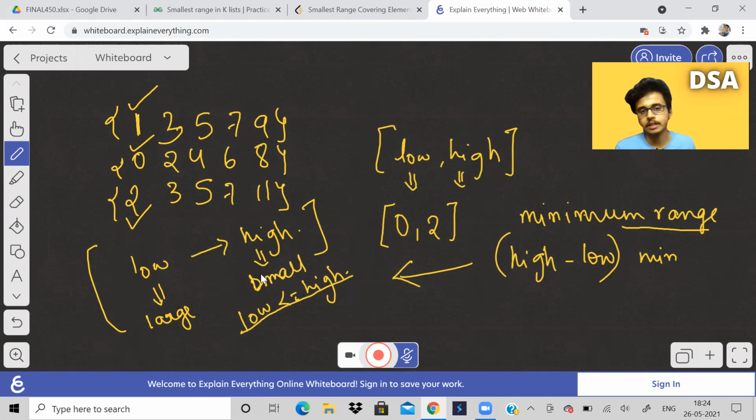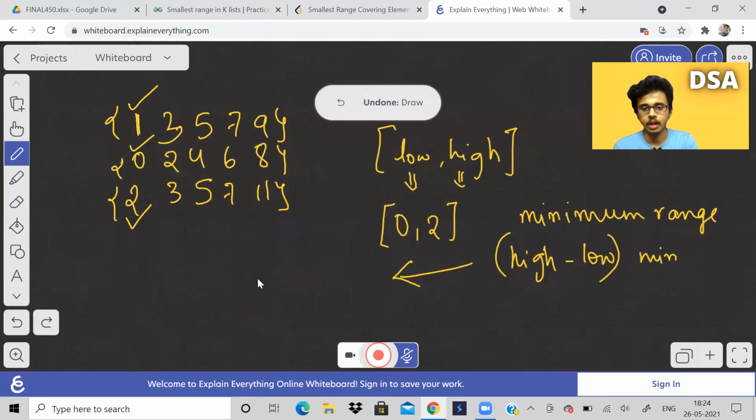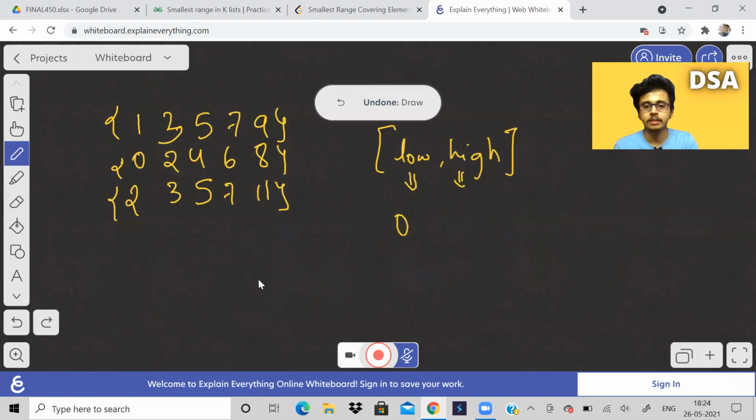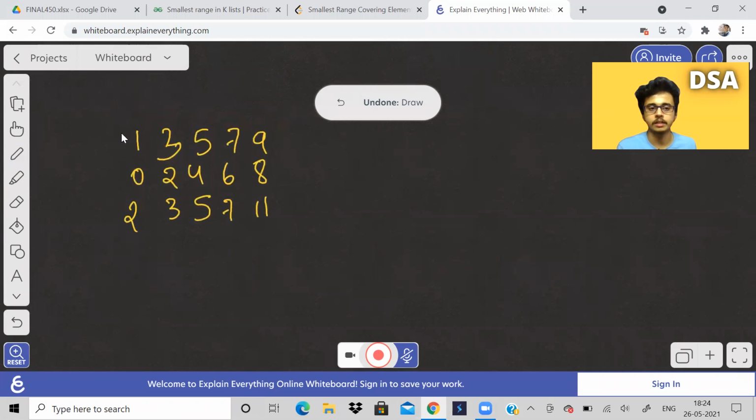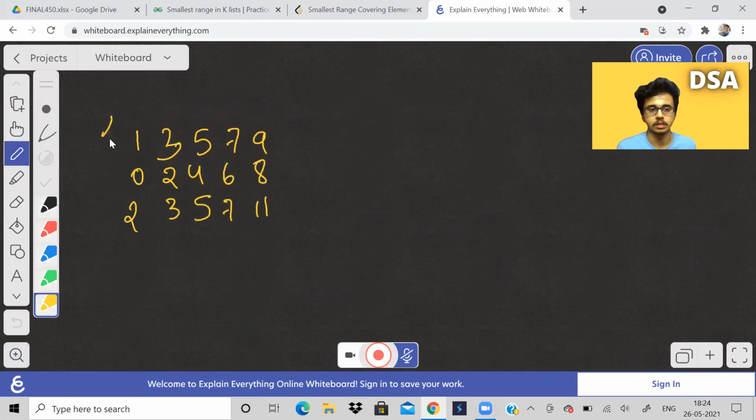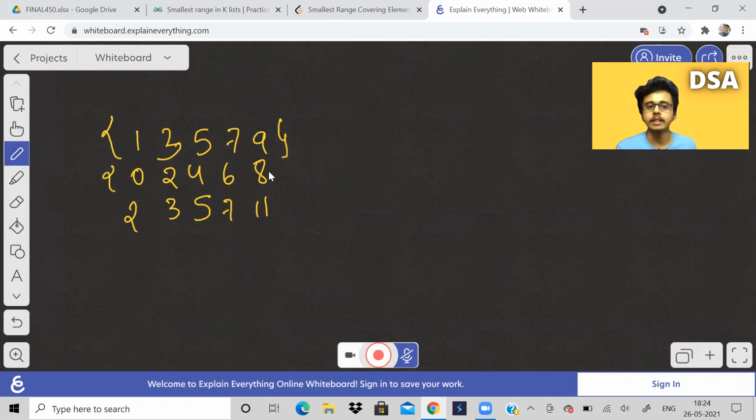So how to tackle this problem now? What will be our algorithm? How to make use of heap? Let us understand all of that. We are given k lists.